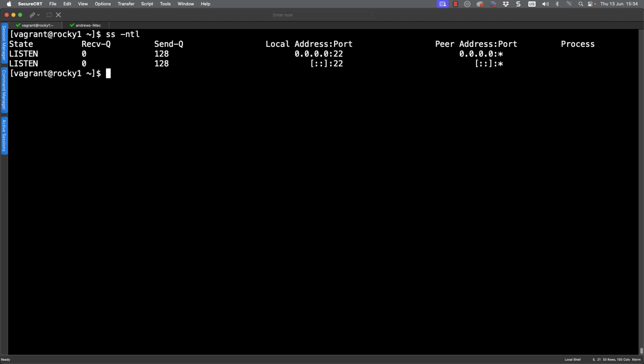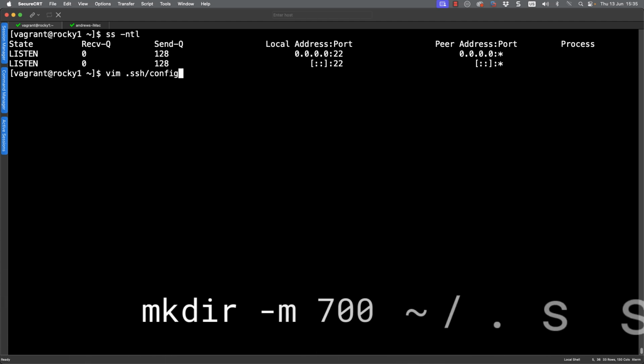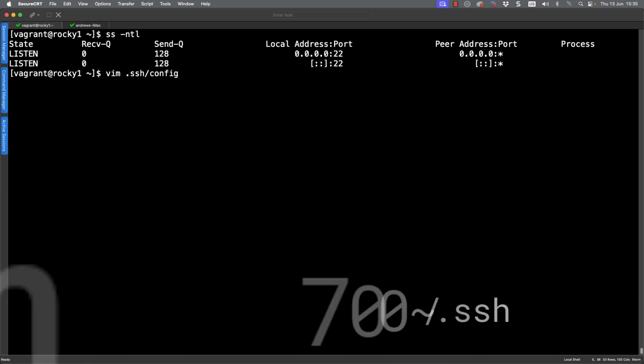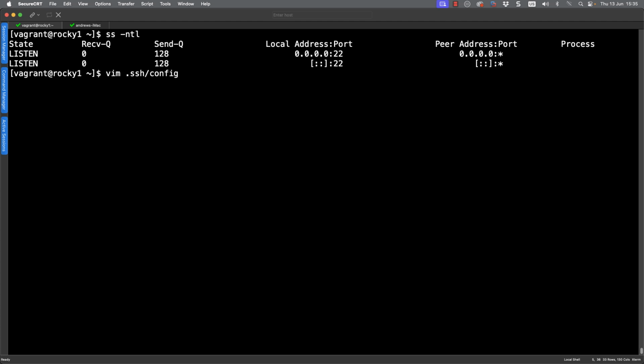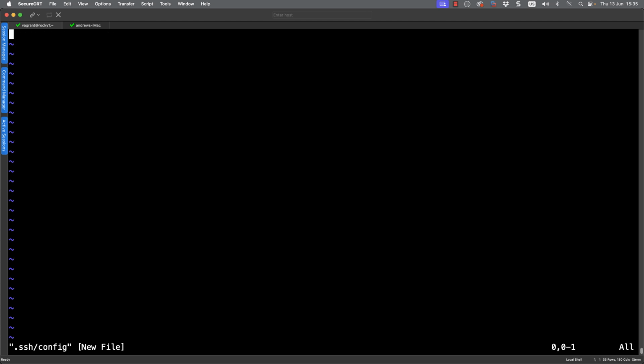So I'm going to go through and look at editing my .ssh directory. I'm working in my home directory. In my home directory, I've got a .ssh subdirectory, and we can then go through and create the file config. If you haven't got the .ssh directory, you can create it, but you're going to have to set it to private permissions, so it should have a mode of 700.